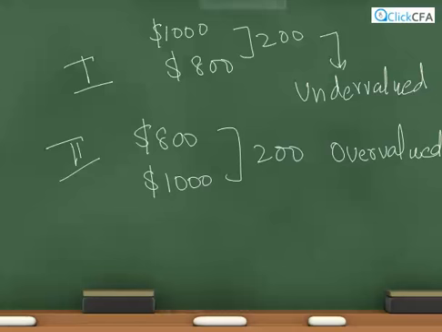the security is overvalued. One thing we need to keep in mind is that estimated value can be a range. Let's say, according to your model, you can build a bear case, a bull case or a base case of a security's valuation, and according to that, there might be some range of that particular fair value. So let's say in the base case the fair value is around 1000, in the bull case around 1200, and in the bear case around 800,